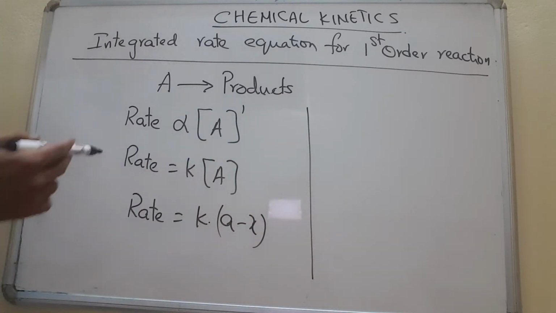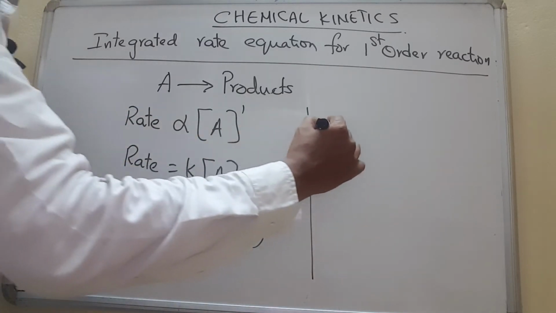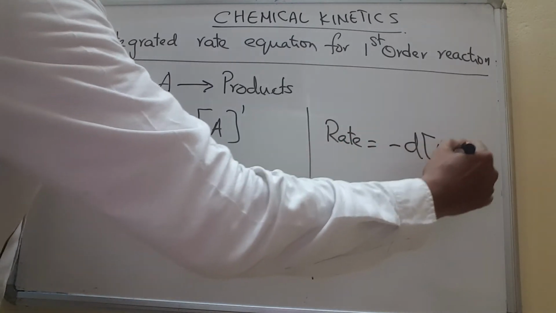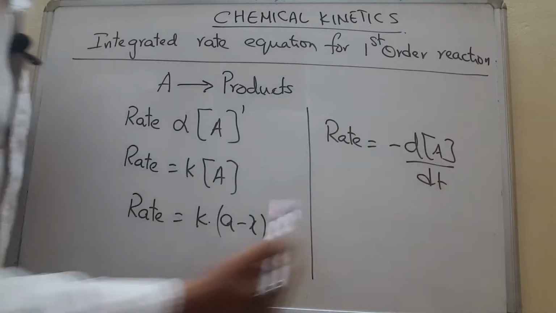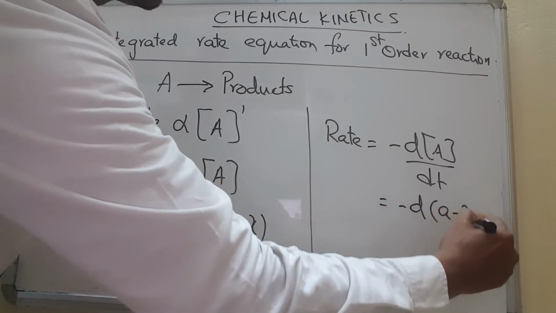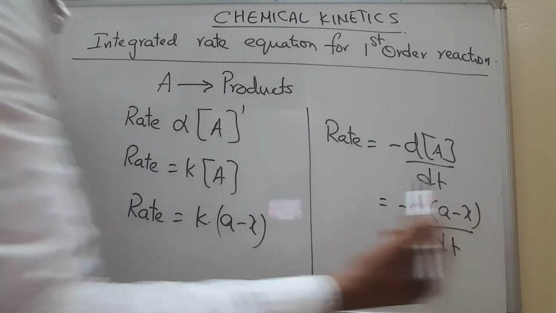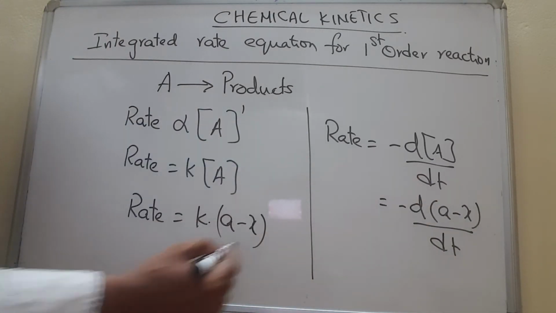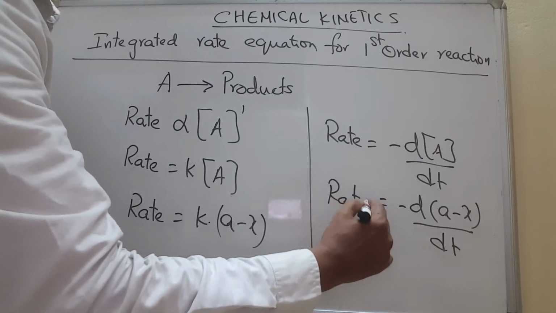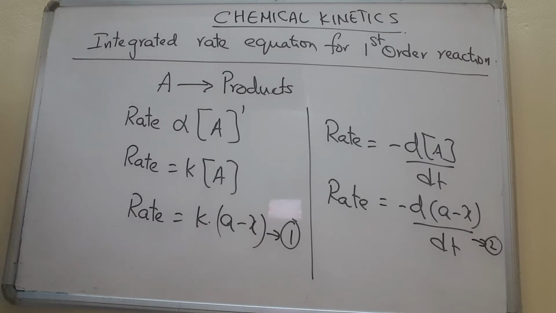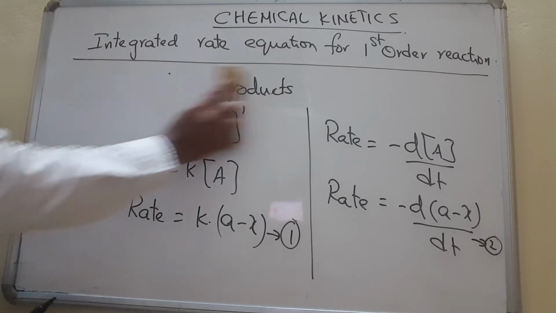Then if we have to write the differential rate equation, rate is equal to minus dA by dt. What is A concentration? That is minus d of a minus x by dt. The concentration A at time t is mentioned as a minus x. Then it is the rate. It is equation number 1. It is equation number 2. So based on these two, what we can write down then,